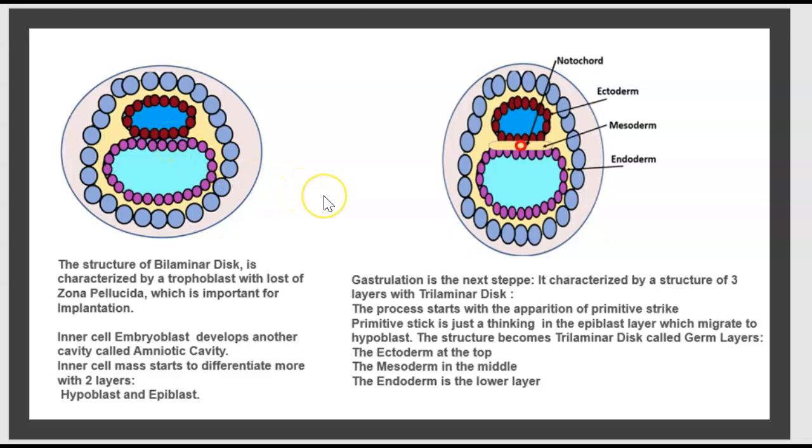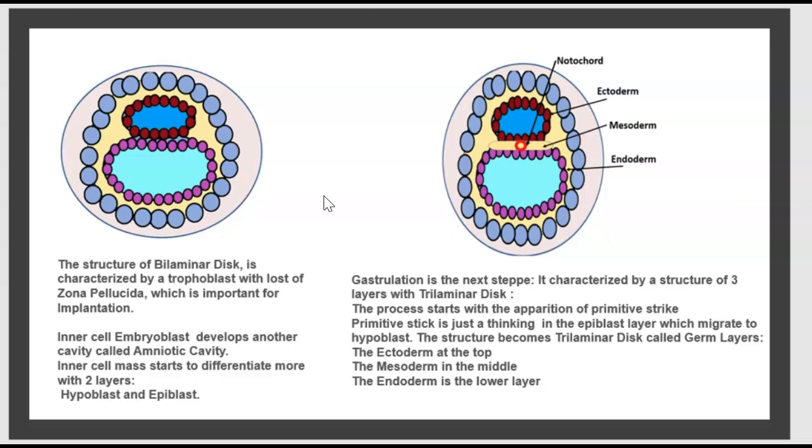Then the next stage is gastrulation. It is characterized by the structure of three layers, with a trilaminar disc. The process starts with the appearance of the primitive streak. The primitive streak is just a thickening in the epiblast layer, which migrates to the hypoblast. The structure becomes a trilaminar disc